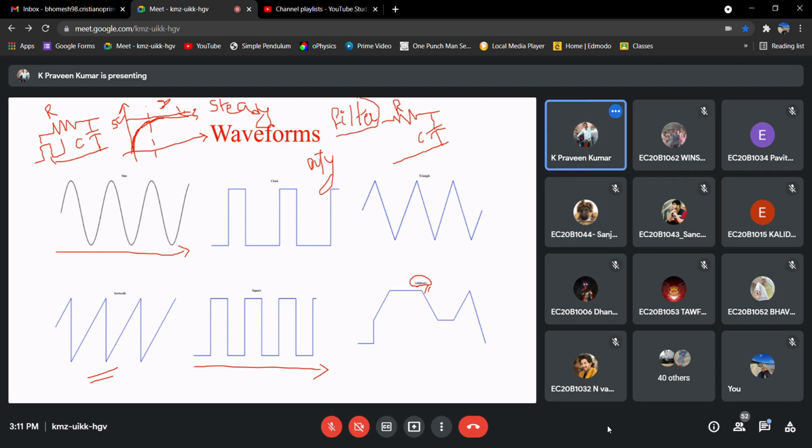So what is basically a filter? A filter is one which allows a particular AC component and rejects the unnecessary frequency components. That is what we call a filter. So this RC section can be used as a filter. Now I'm interested in what frequencies it can allow and what frequencies it will reject.